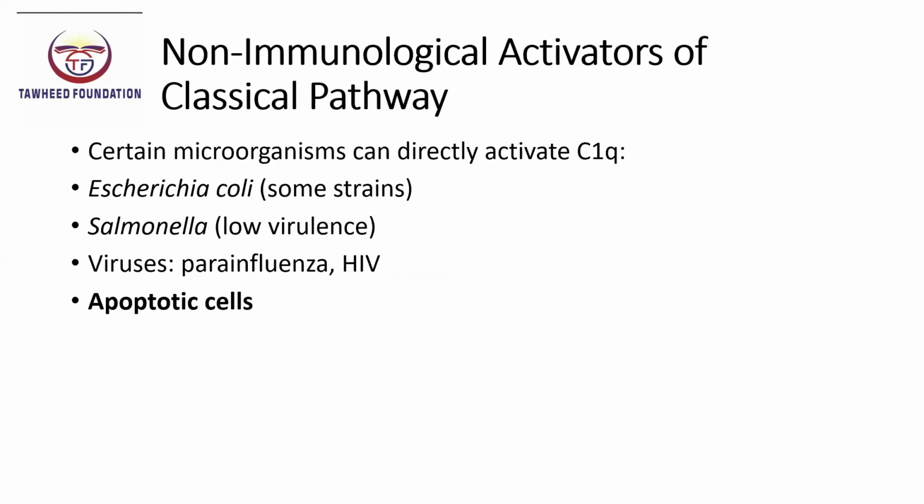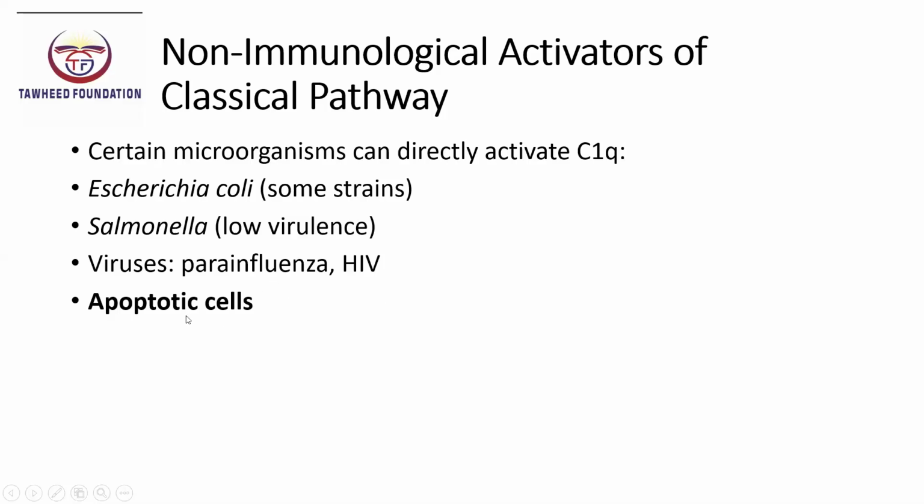Next is non-immunological activators of the classical pathway. While the classical pathway is typically antibody dependent, it can also be activated without antibodies. Hence, non-immunological activators exist. Certain microorganisms and viruses can directly activate C1q by interacting with its recognition sites. Examples include some strains of E. coli, that is Escherichia coli,